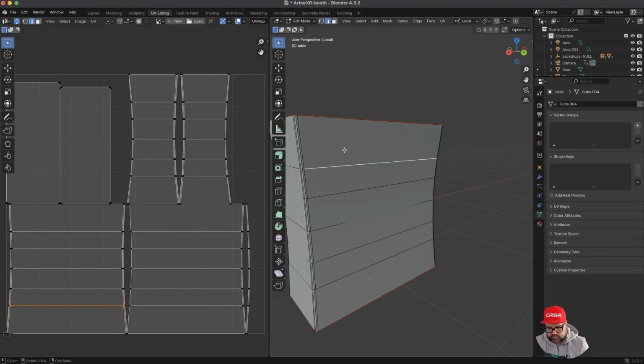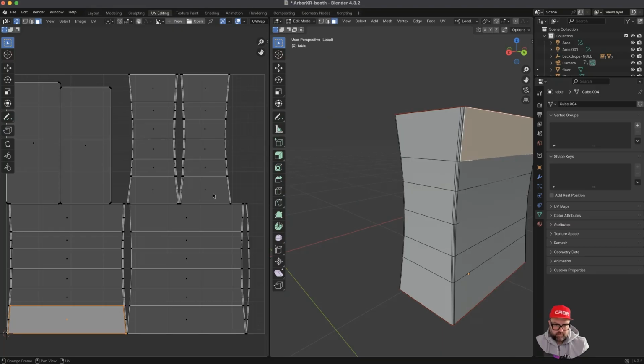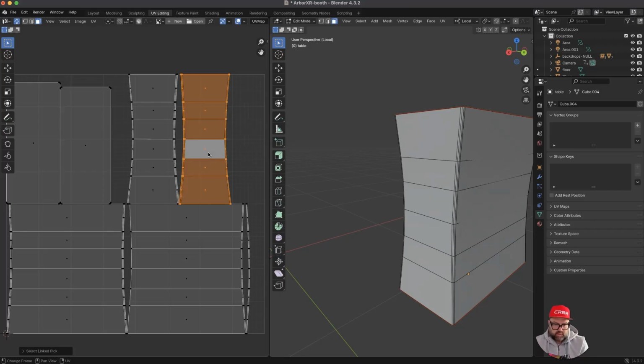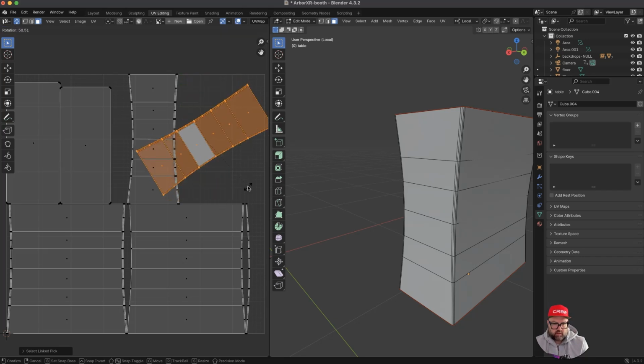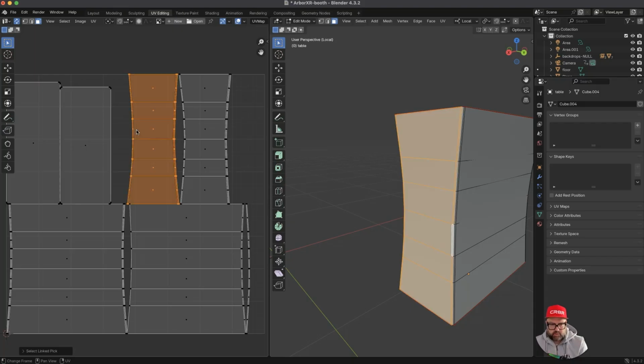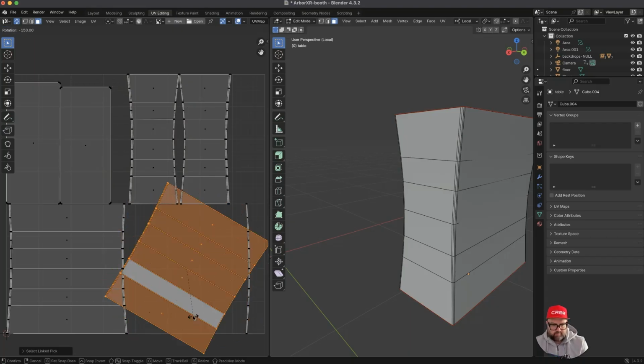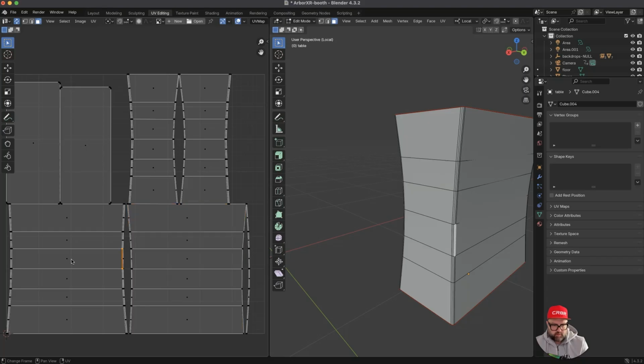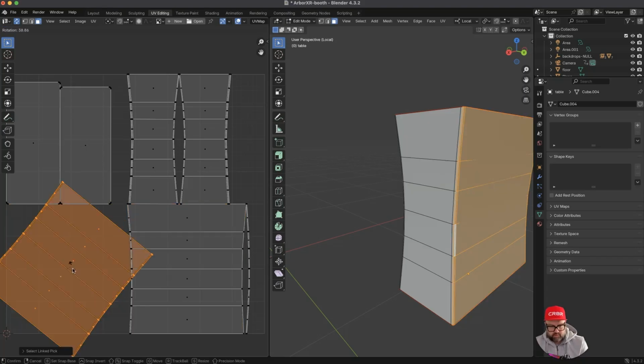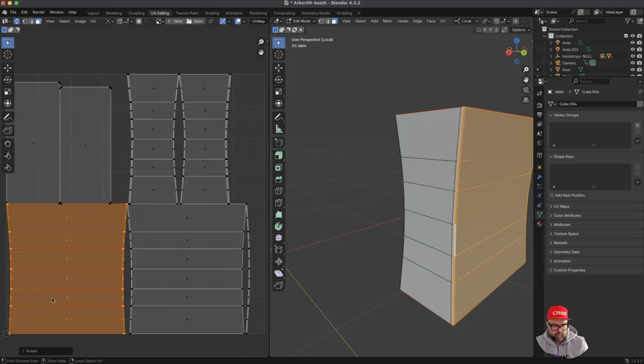All right, so we got to make sure, let's go to 3. So everything's upside down. So if I select these, those are the top. So first off, I'm just going to select one of these, hit L to select all of it, R, and just flip them all over, holding down Control 180. This one, L, R, Control 180. This one, L, R, Control 180. And again, R, Control 180. Okay, so now